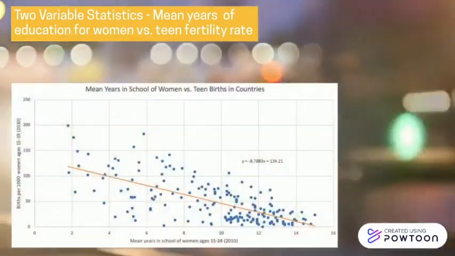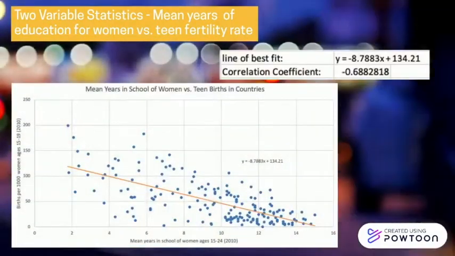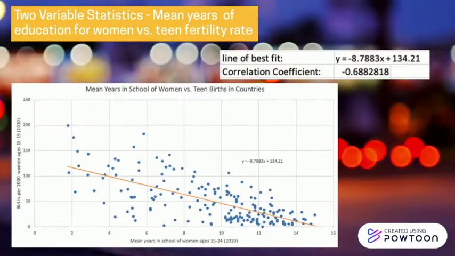This is clearly seen and is proven true, as the correlation coefficient is a value of negative 0.688, and this represents a strong negative correlation, as it is above negative 1 and below negative 0.67. This provides justification of a trend that as the years of school for women increase, the teen fertility rate decreases at a linear rate. However, through this analysis alone, it is not enough to show a cause and effect relationship, as there could be other factors involved, such as a common variable.